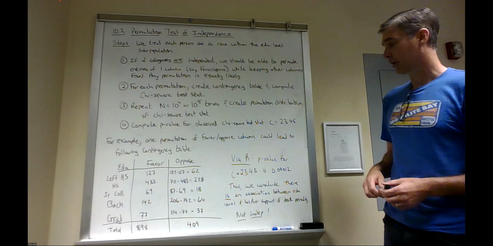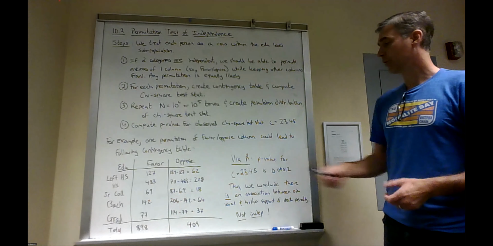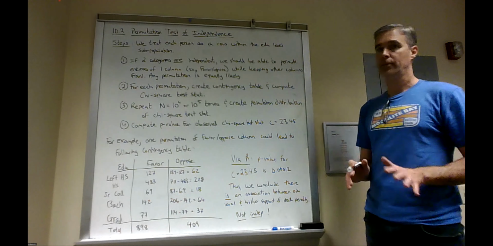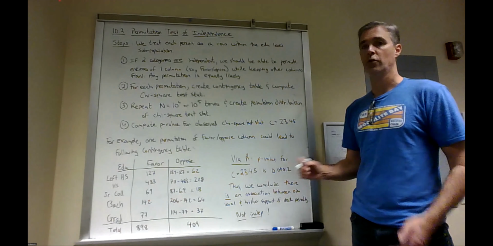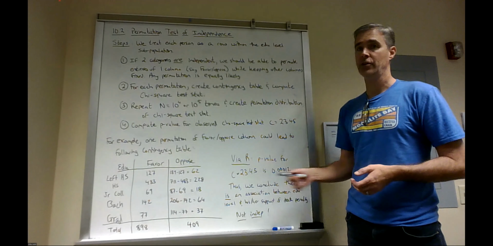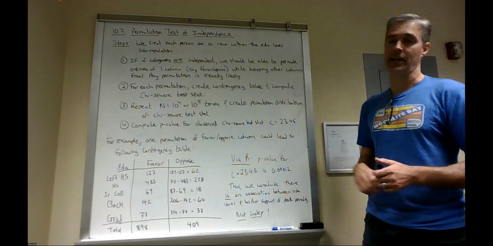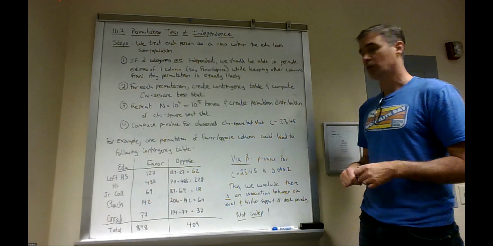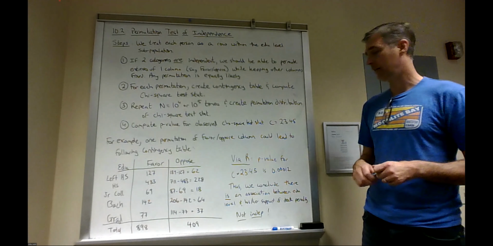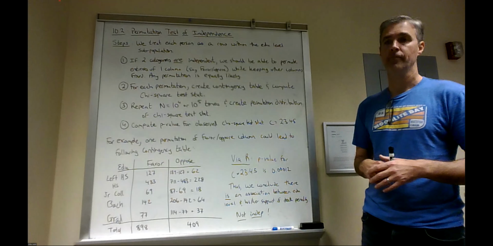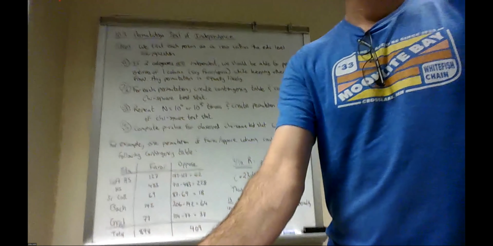Now, via R, which I'll show you in a hot second here, for the 23.45, we got a p-value of 0.00012. So it's incredibly unlikely to get a C value, 23.45 or higher by chance, okay? So this is highly unusual, which indicates that there is an association between education level and favoring or opposing the death penalty. So we can say that there's statistically significant evidence that shows that these two categories are not independent of each other, okay? All right, so I'm just gonna, before I pop up the C code,